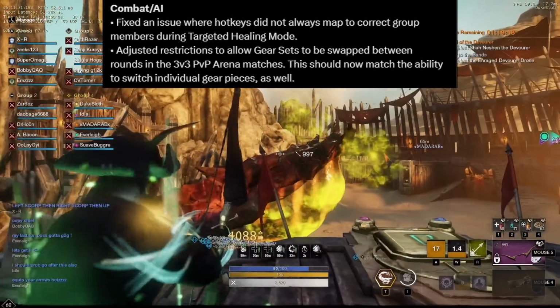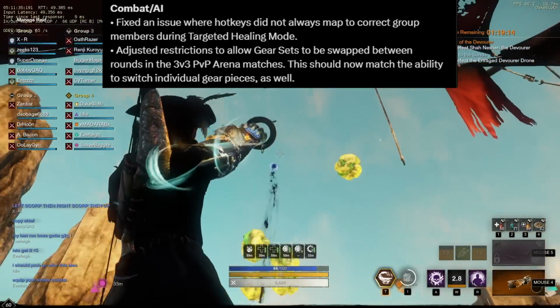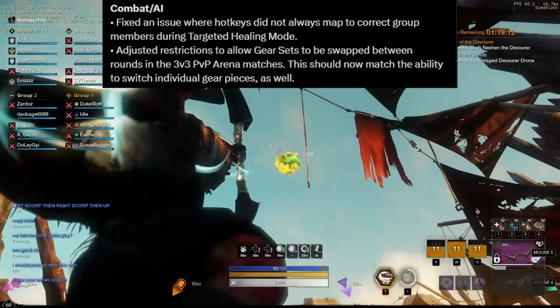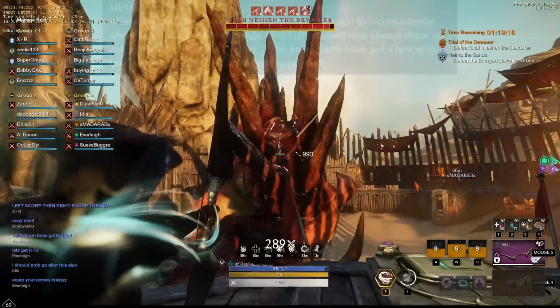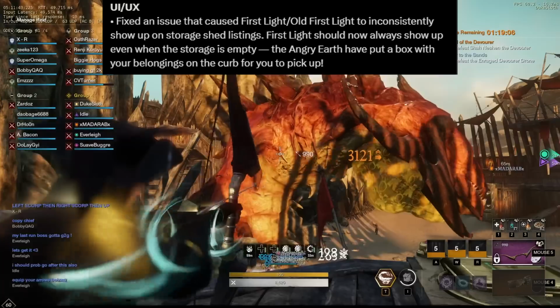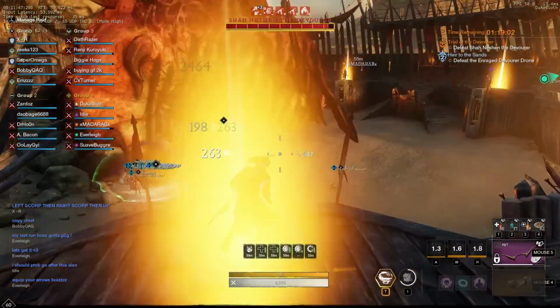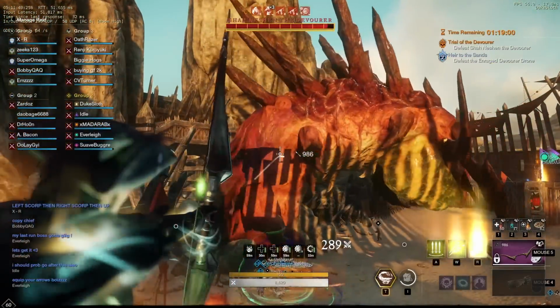If you were a healer, you were probably aware of the targeted healing issues. That one should also hopefully be fixed now. And you're now able to switch gear sets properly in 3v3 Arena. If you're trying to access your old first light storage, that's now also always shown, so that one is no longer a problem either. There is still one big problem with the patch without any fixes so far, and that's